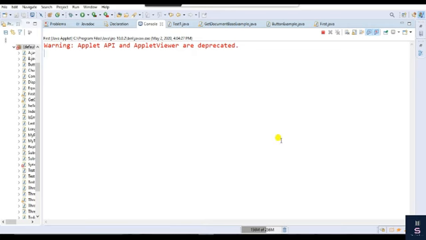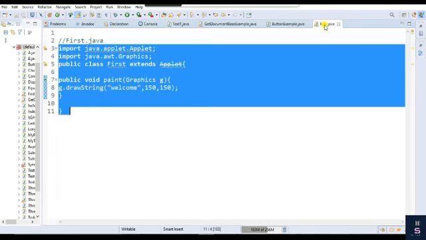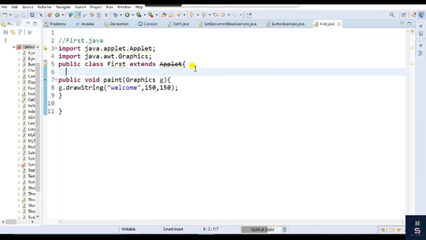If I modify this code, let's modify this code to see what the output is. Let's see that. first.java, this is my file name. Let me write an init method. So let's see what will happen. We know that public void init, public void init method. Okay.